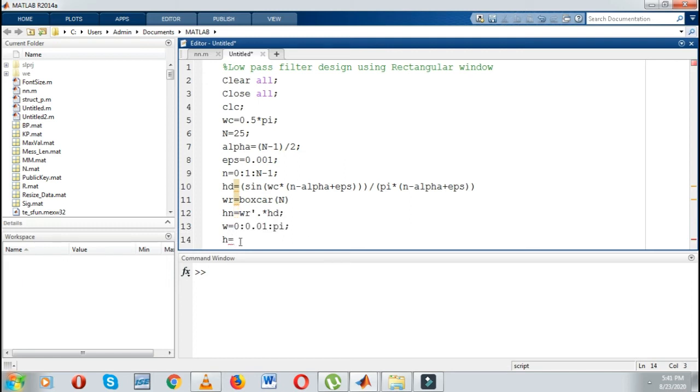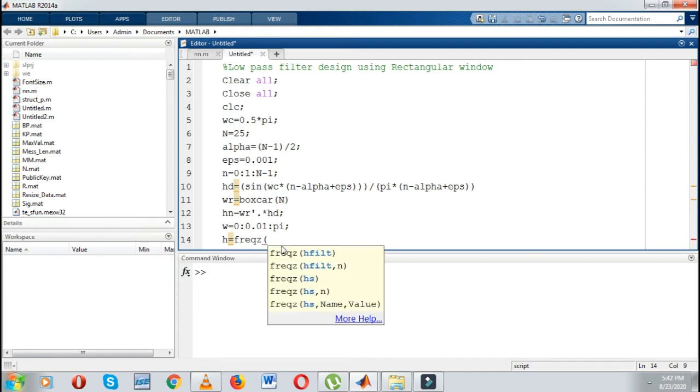Finally we have to calculate the transfer function, that is the low pass filter design. So how to calculate it? You can take H equal to the command freqz, so it will convert the impulse response into frequency form, meaning H of Z form, that is the transfer function.